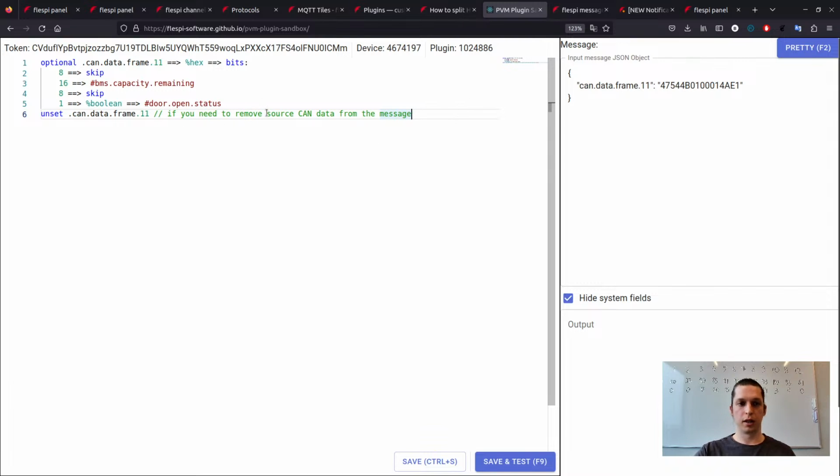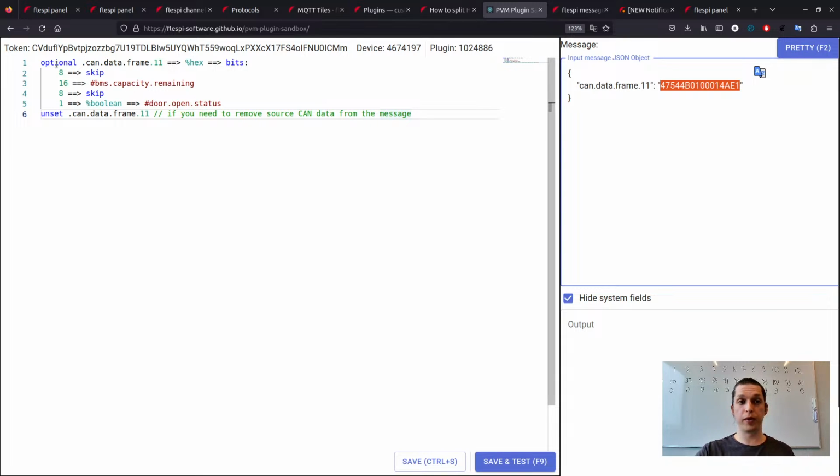So for example, let's say we have some professional tracker installed on professional hardware on some truck, and it reports some CAN data frame, which is not common for all trucks, and we need to extract some valuable data, like the remaining capacity of some battery, but it has to be in this pretty weird frame, like second and third bytes, and then we have to skip 8 bits, and one more bit will be like door open status or something like that.